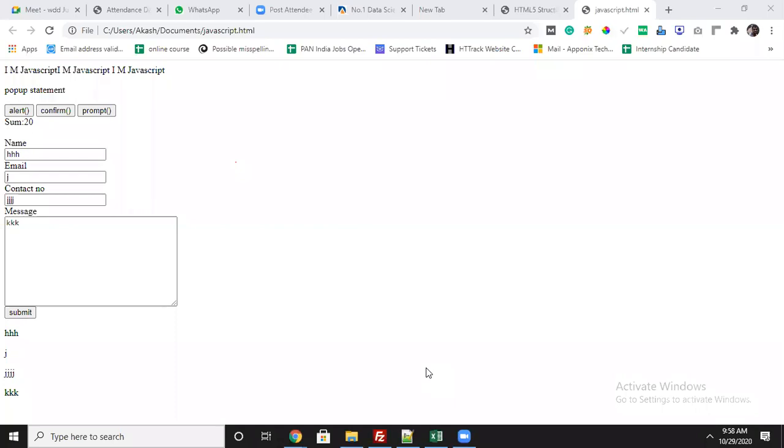Okay, prompt and confirm, what is the difference? In confirm you will get OK and Cancel buttons along with the message. In prompt, all of that comes along with an extra input box. Again, you can use that input box as an input. I'm not aware of Django, so I can't answer that.